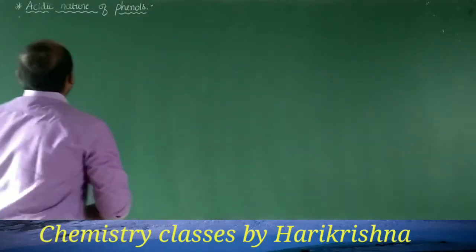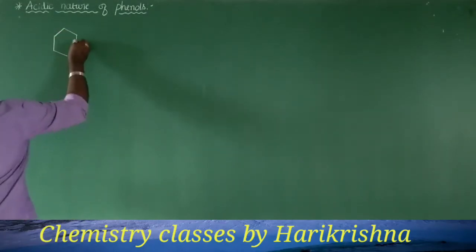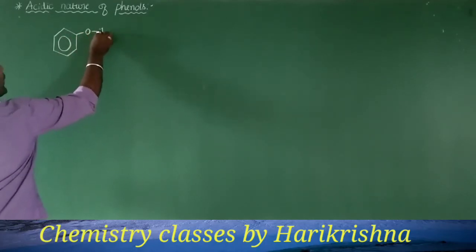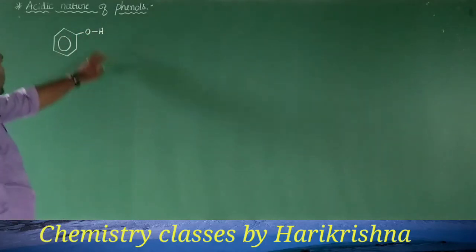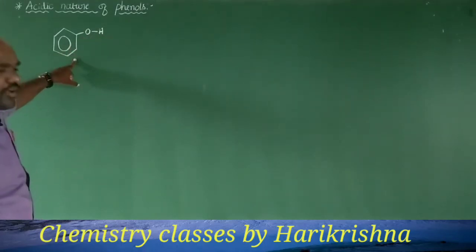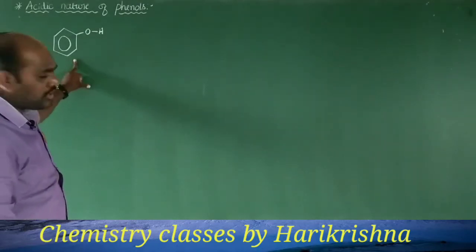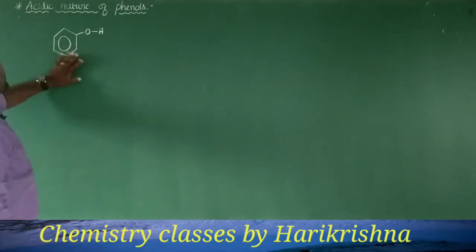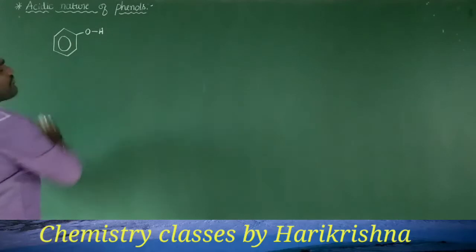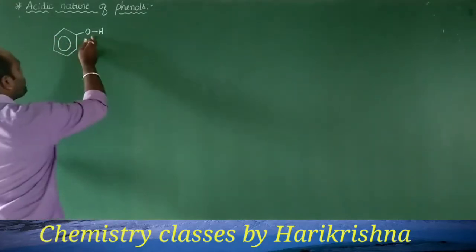So if you come to the case of phenols, we will be having a benzene ring, and on the benzene ring there is an attachment of OH. This is our phenol, and here you can notice OH is there. So if phenol provides a free H plus ion in solution, then we can say that phenol will be an acid. Strictly speaking, when phenol is dissolved in a suitable medium, in a suitable solvent,